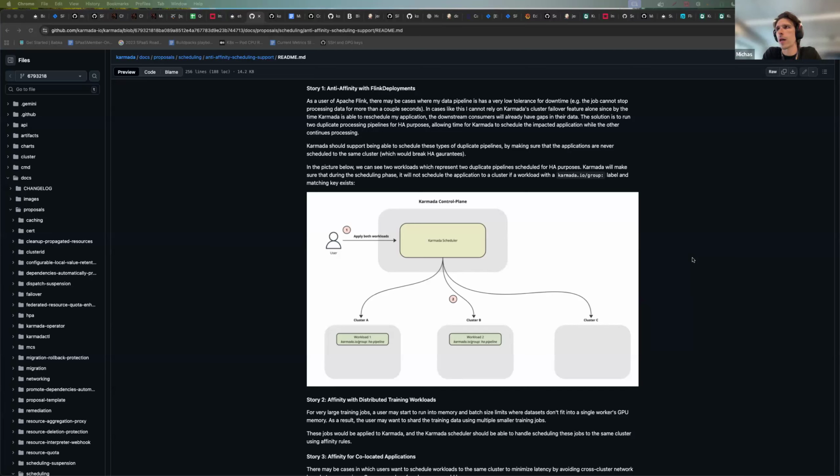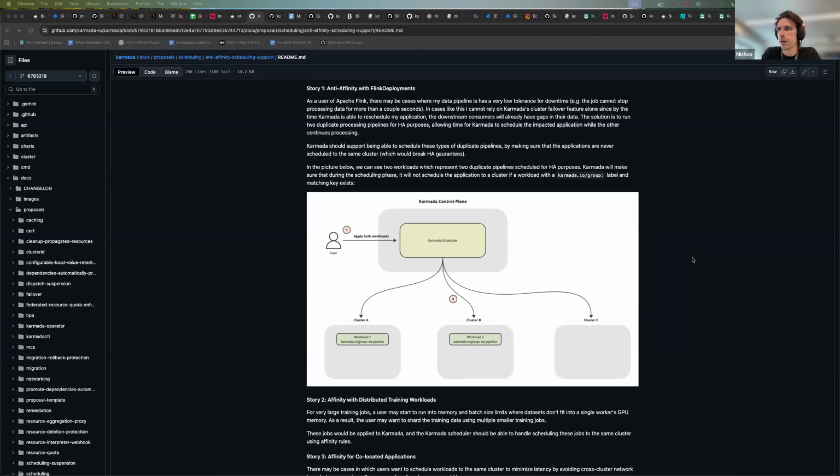However, what I was mentioning with my example is that even if cluster failover happens immediately, it still takes time for the actual pipeline to come back up and start running again, right? So that's almost built in, like you have 2 minutes of downtime because that's how long it takes for your application to reschedule, come back up and start running again, right? And we have users who cannot tolerate that type of downtime, regardless of how efficient the Karmada rescheduler is, right?